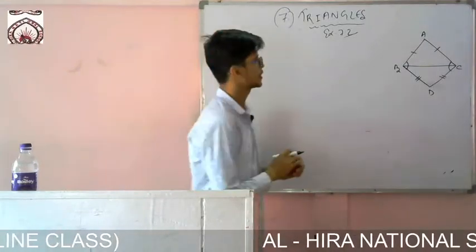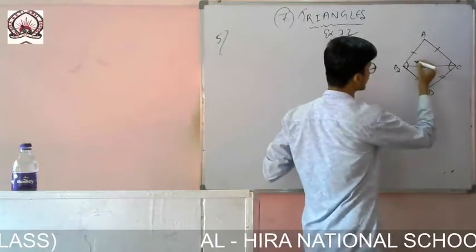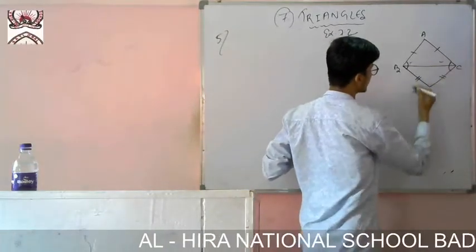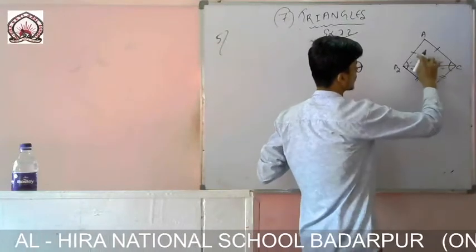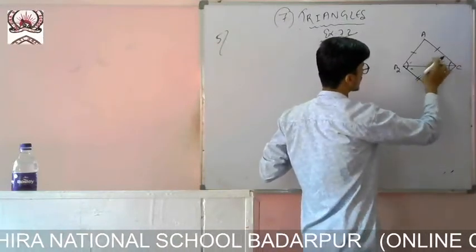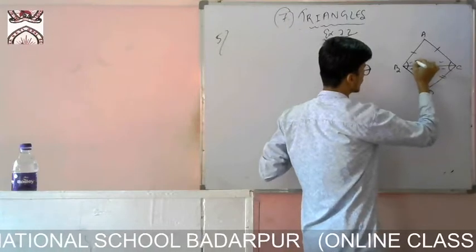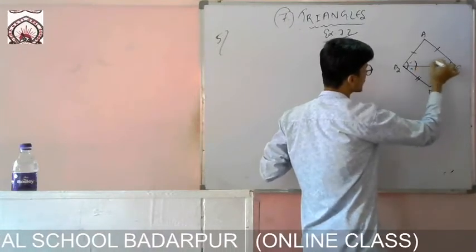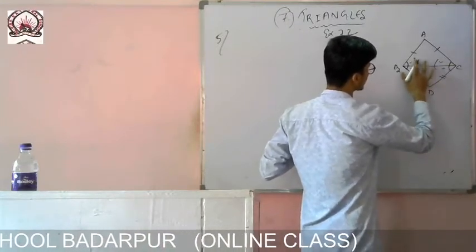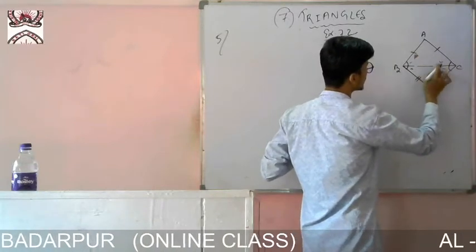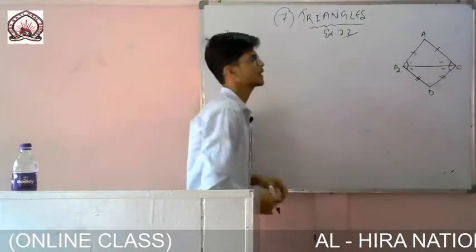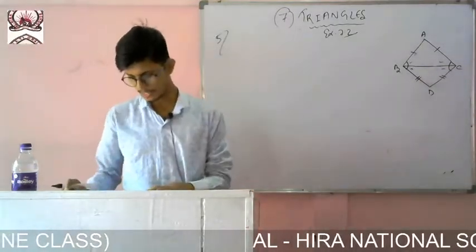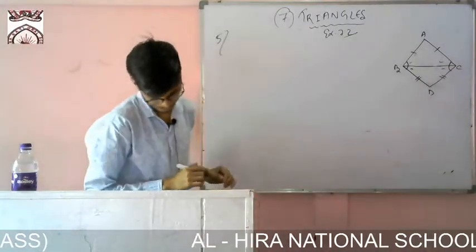Okay, so first of all I will take this triangle. If I can prove that this angle is equal to that one, later on I can say that these two angles are also equal, and if I can show these two angles are equal and those two angles are equal, later on I can add them. If I add them, then I will get this whole angle, and these two angles will be equal very easily. You see, these two sides are equal, so if two sides are equal, then their opposite angles are also equal.